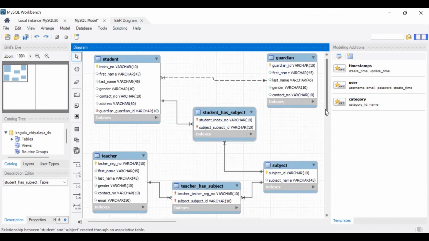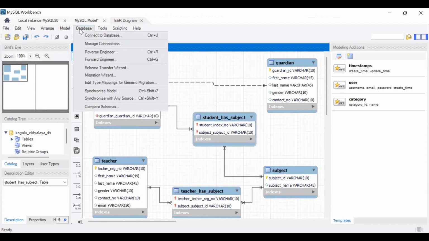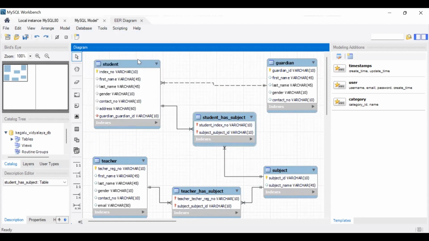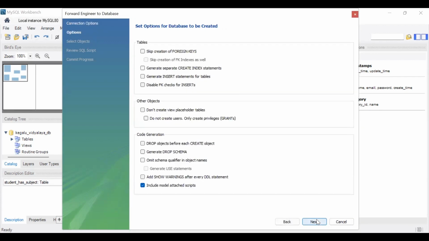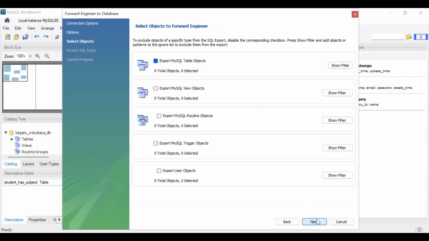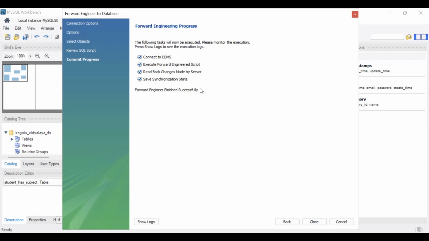So now the ER diagram is completed. So then let's forward engineer this ER diagram. Click on database, click on forward engineer, give the password here and click OK. In this tab click next, and in this tab also click next, and here also next, and in this tab also click next, and here it says the forward engineer finished successfully, and then close this, and then